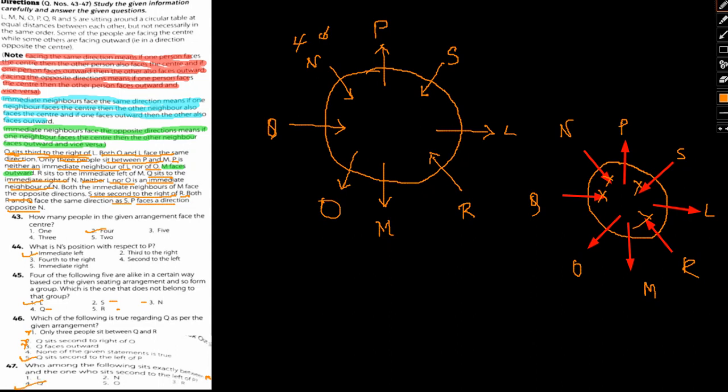I hope this is clear to you, how we came about with the solution. This was a very interesting and typical question because it involves two kinds of sitting arrangement, both inward facing and outward facing. So a lot of emphasis has to be given to the points mentioned so that we can successfully solve the question. In case you have any difficulty understanding, go through the video multiple times and then try to solve the question on your own to get a better idea.